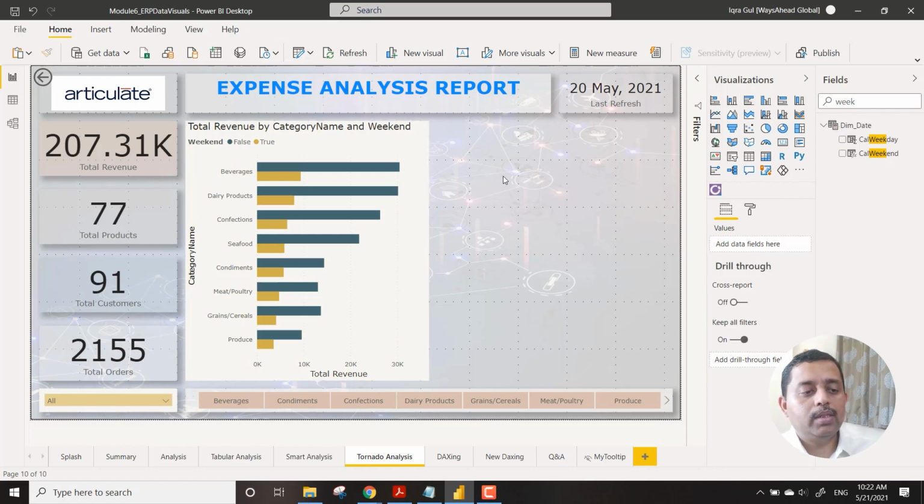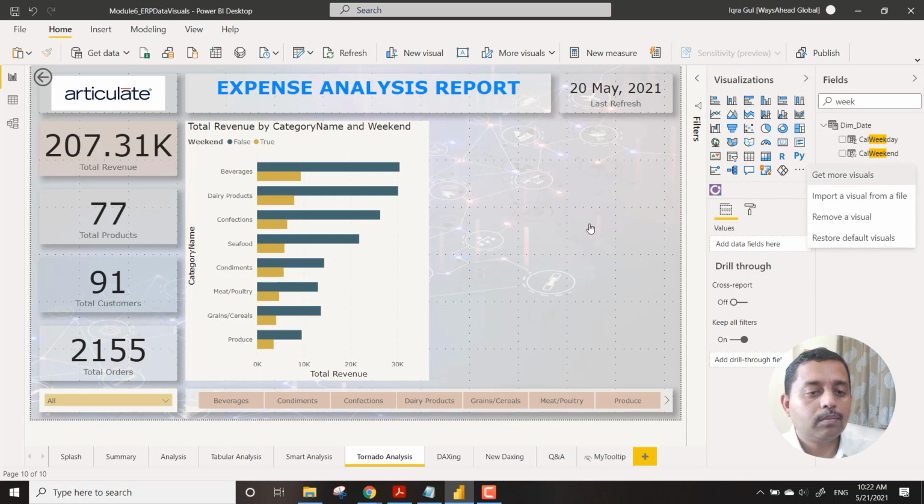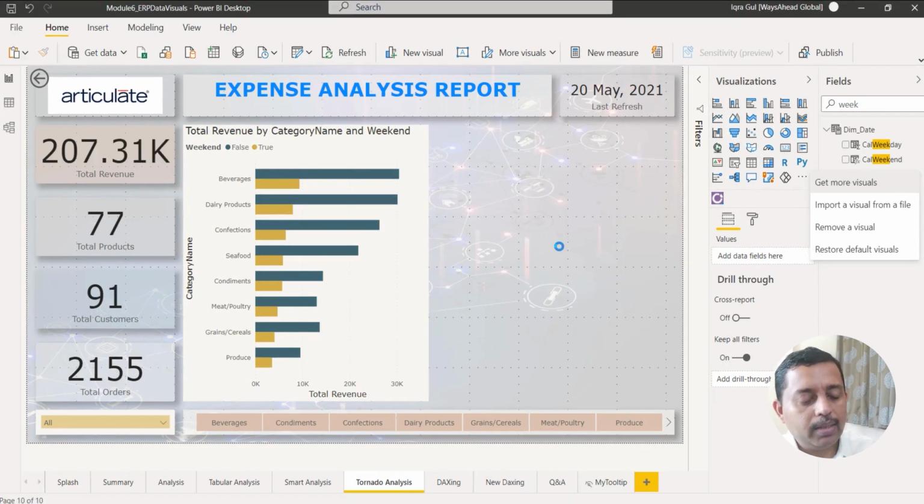Now this is a bit clumsy kind of a view. So what you can do over here is, you can bring in another custom visual. So we will go to the marketplace, and you will see that it is the most commonly used, that's why at the top.